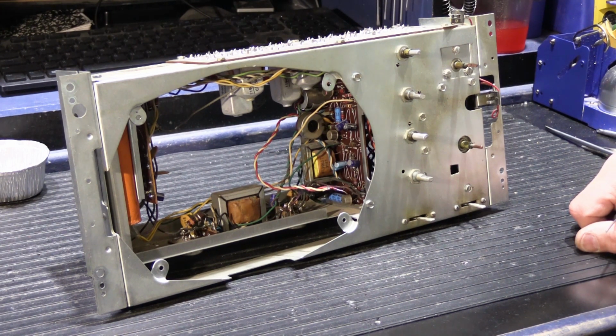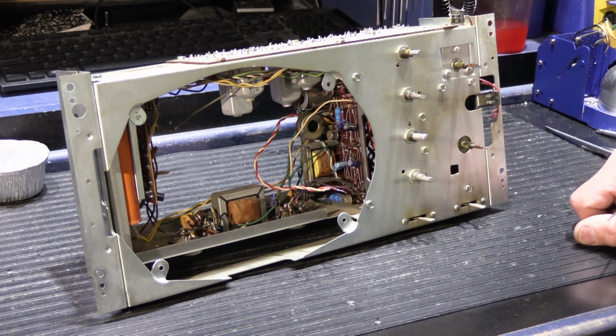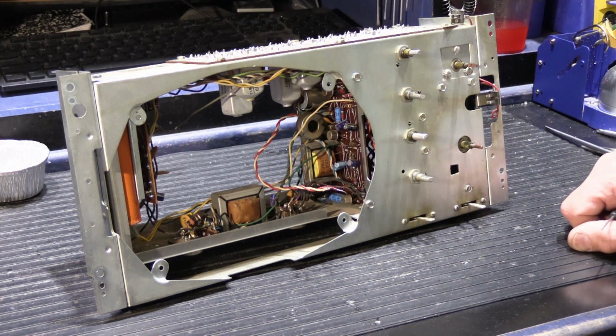but it went from playing really well to now it sort of makes a whooshing sound when you turn it on. While it's here to be repaired, we're going to rebuild it at the same time. This is a D chassis. As I've said in a previous video, there are many different chassis versions, and this happens to be a D